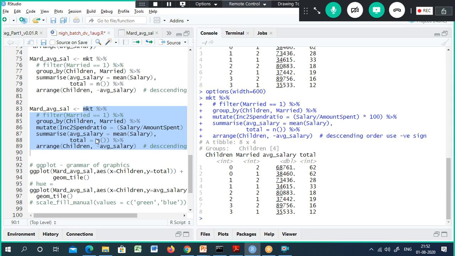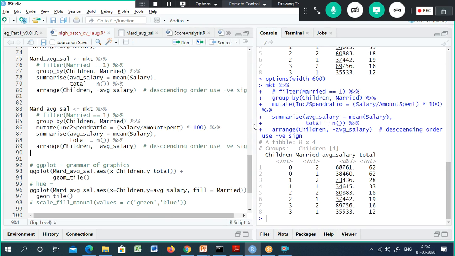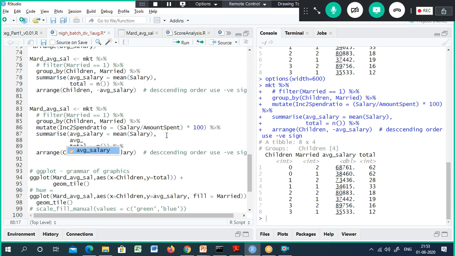And here income to spend ratio is not coming. Why is that? Since I am using summary, it is not coming here. What I am going to do is use another one, average spend ratio, something like that.